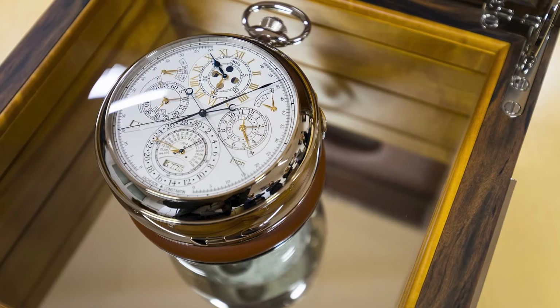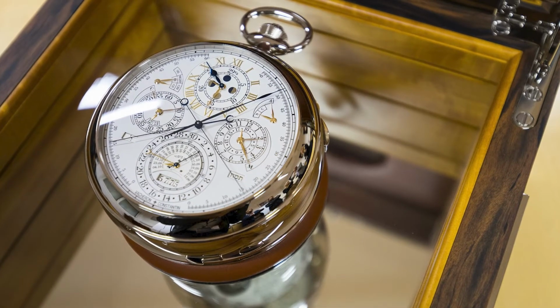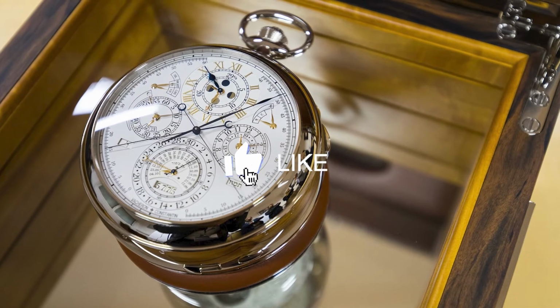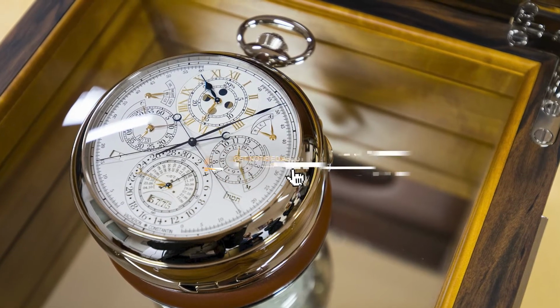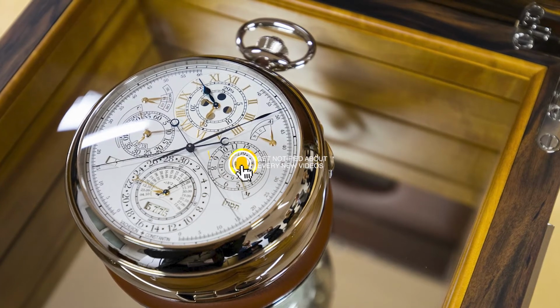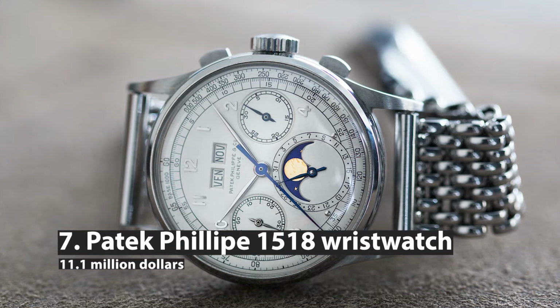And to make it, it took a team of 3 watchmakers more than 8 years to make this watch and create the 2,800 components from scratch. They wanted to set the price between $5 million and $10 million, only for a private buyer to buy it for $8 million. Number 7. Patek Philippe's wristwatch, priced as